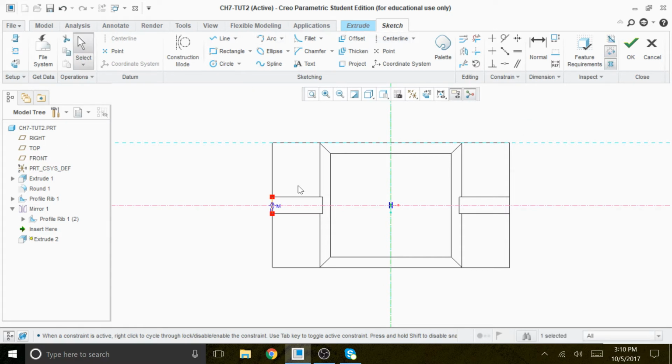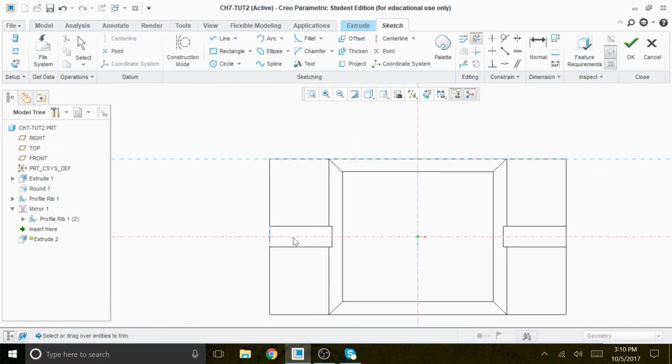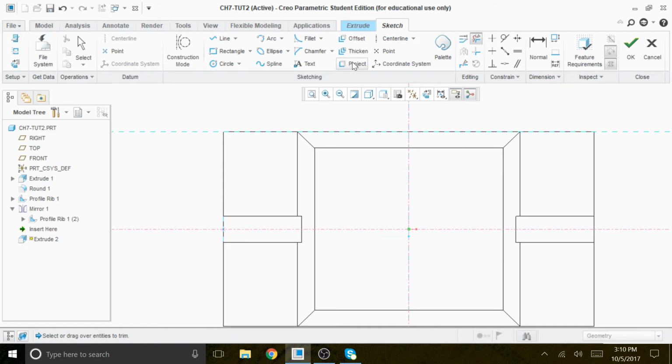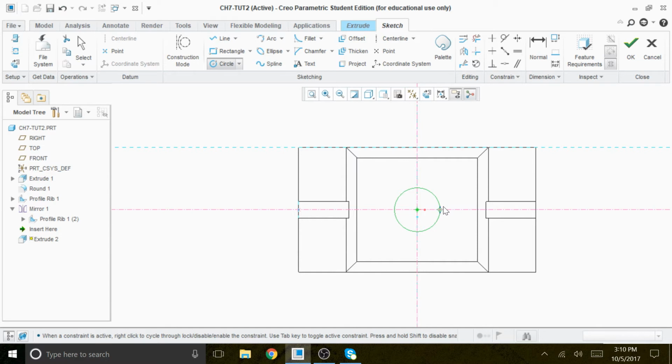Okay, next, but before we forget, make sure that you trim the temporary line, or object line, projection line, or project. All right, so we can go to circle. We're going to create one circle in the middle, and that circle has a radius of 15. Okay, so that circle has a radius of 15. With one click, we're going to